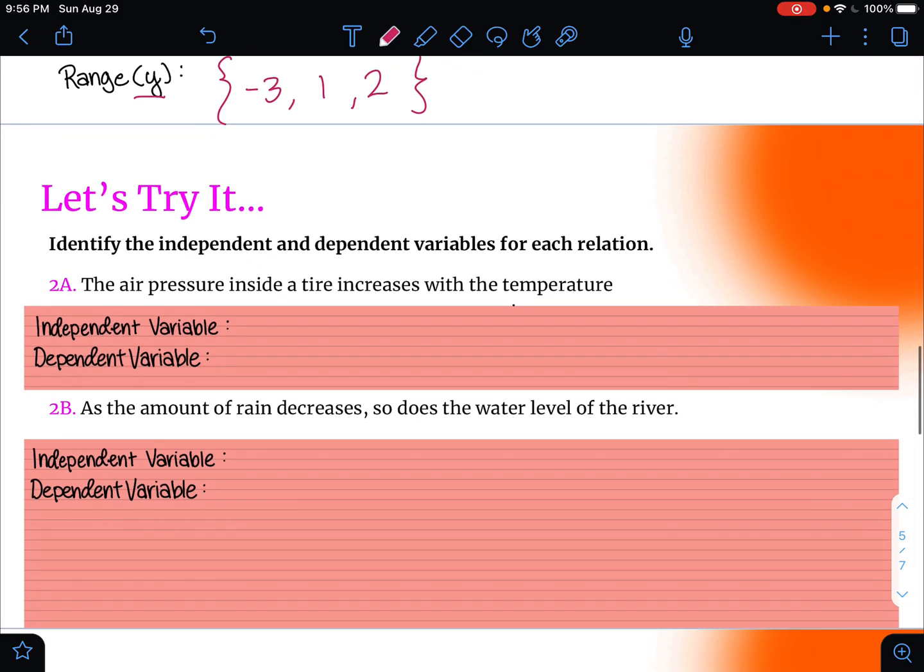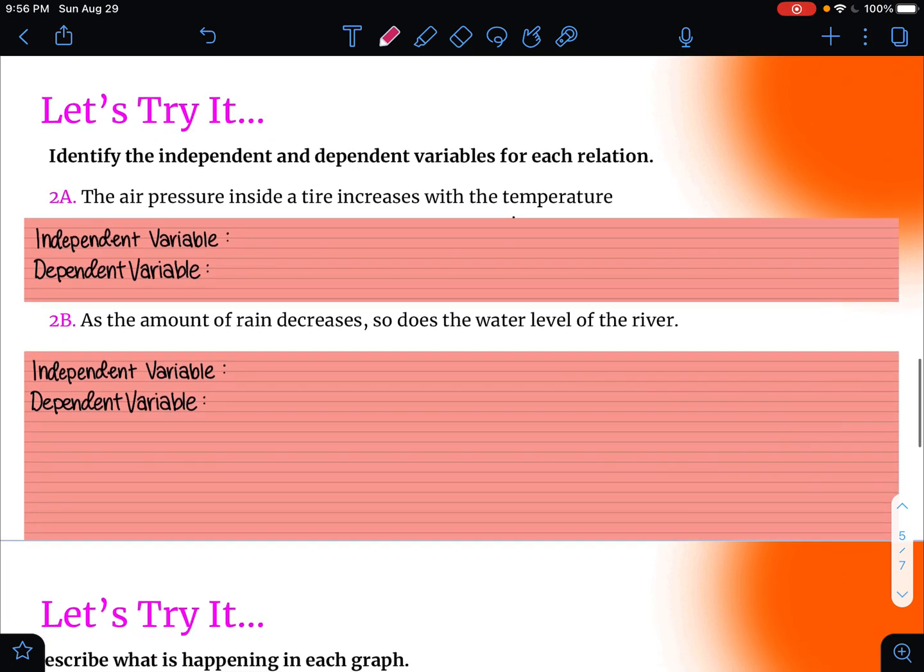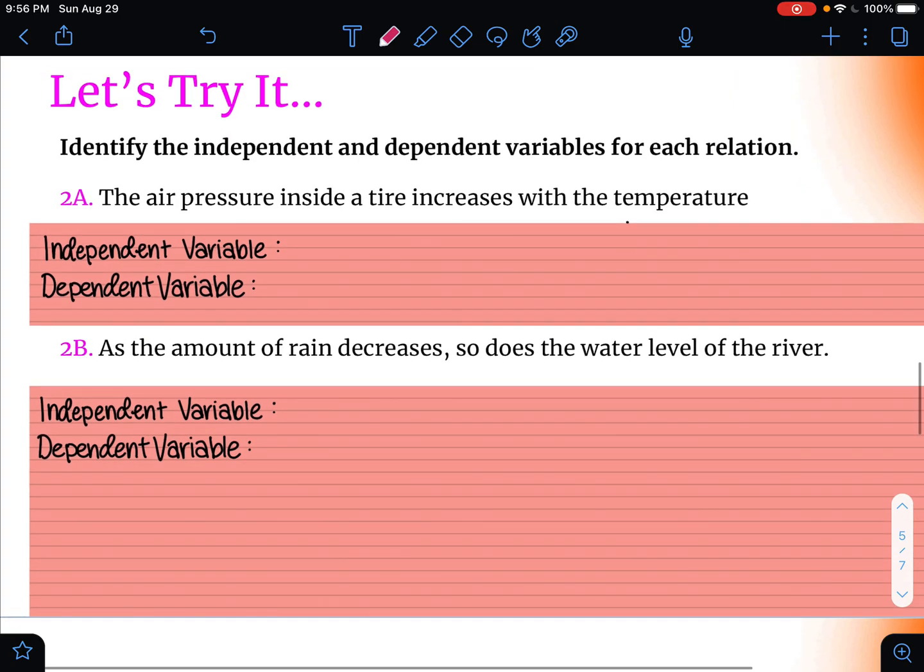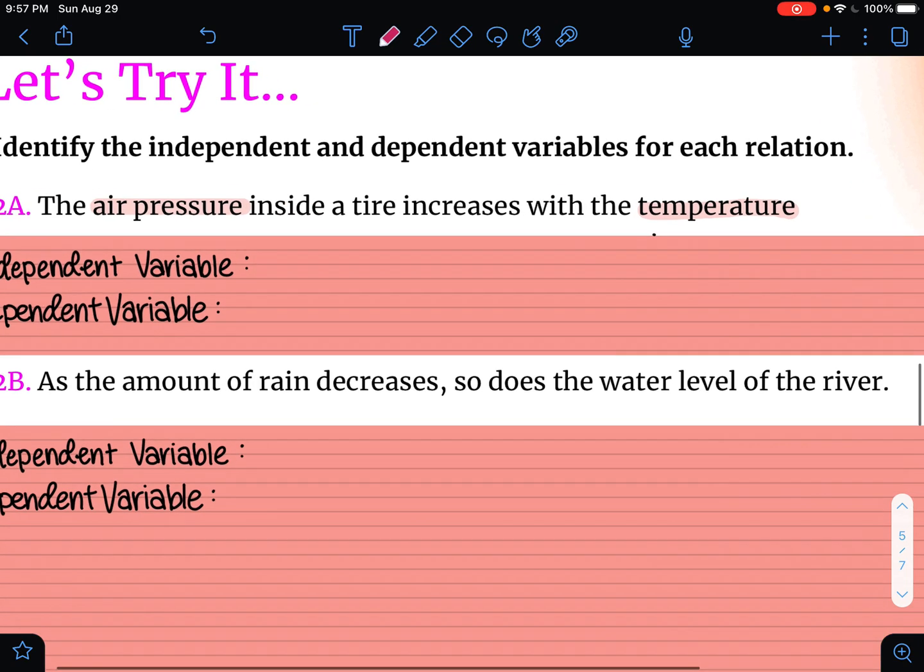Okay, so this is Let's Try It for section 2, which is discussing the independent and dependent variables for each relationship. So we're going to be looking and reading this, and I'm just going to annotate a bit. The air pressure inside a tire increases with the temperature. So we know that the two variables are the air pressure and the temperature, because those are the things we can measure. We don't really need to know that it's inside a tire, but it's useful to know that it's increasing,